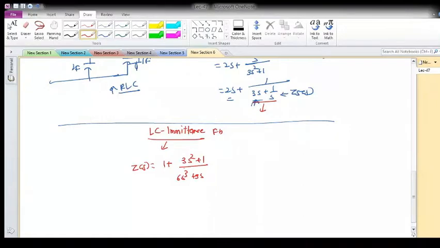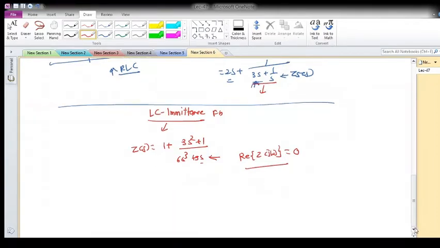Okay, so the resultant will be this, and for that, the real part of Z of j omega for the ratio which will be even by odd or odd by even will always be 0, as there is no R. Means what? As there is no R, there is no power dissipation by that particular one port network. It means this is a purely reactance network or reactive network. Okay, so the power absorbed by the network is 0 for the sinusoidal excitation. Then we can say that it is a purely reactive network, that is your LC. Okay, so this is what we are going to see here.